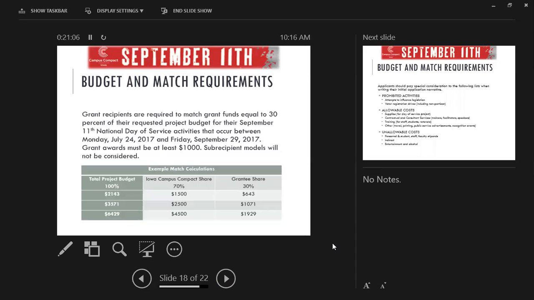Just a note about the budget and match requirements. Grant recipients are required to match grant funds equal to 30% of the requested project budget for their September 11th National Day of Service. Grant awards have to be at least $1,000, so as you're thinking about the project you're putting together, you have to request at least $1,000. The match can be cash. It can also be in kind, however that looks. And then I have some example match calculations here. If you're requesting $1,500 from us,